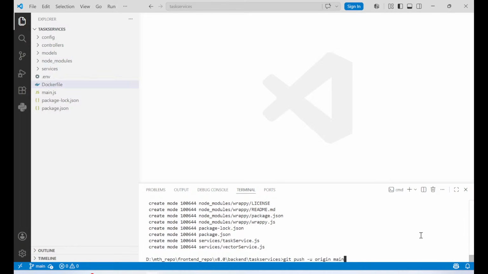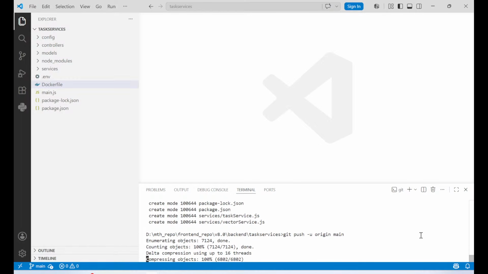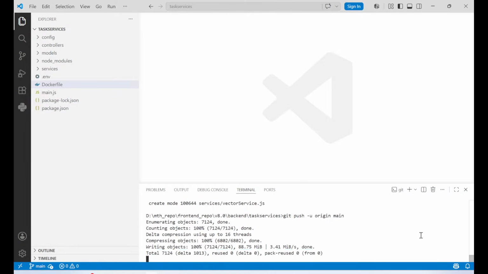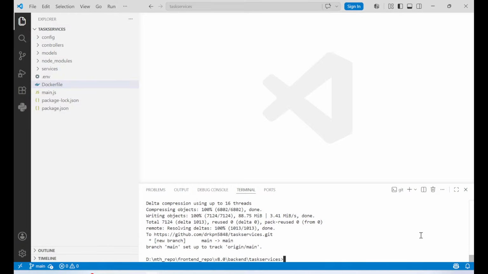So git push -u origin main. So once the process is completed,